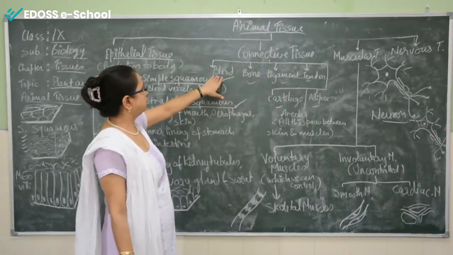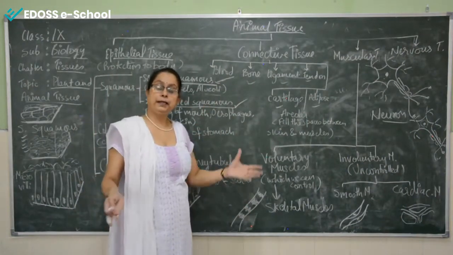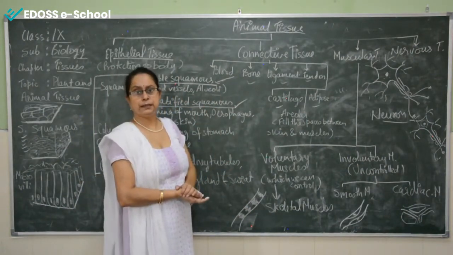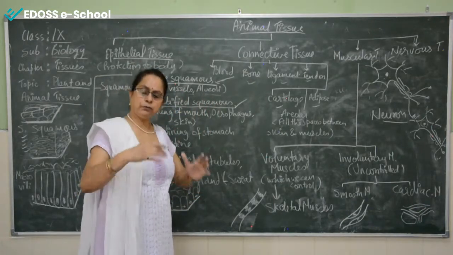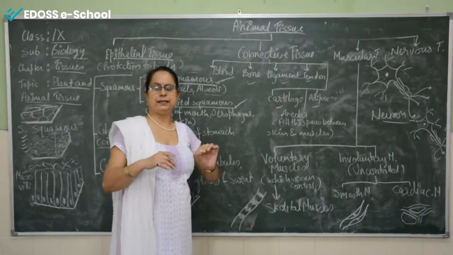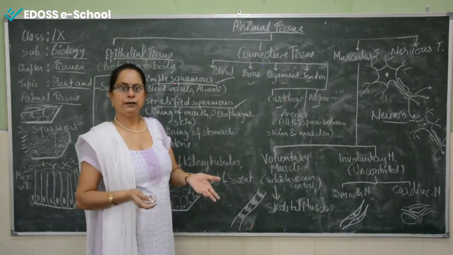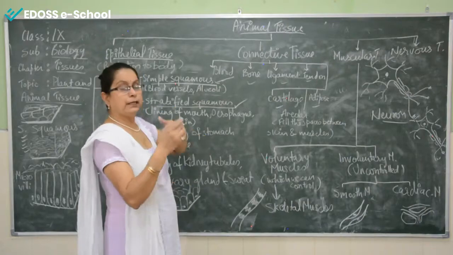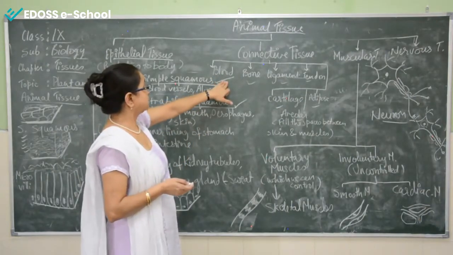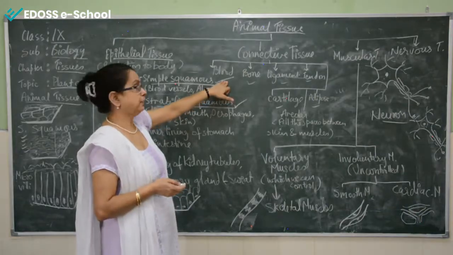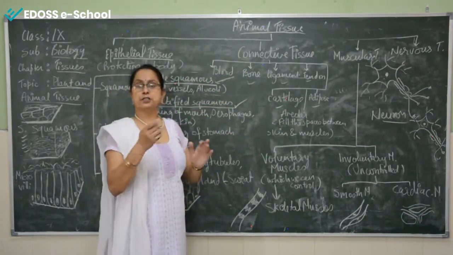Now if you are talking about blood, the blood connects the whole body. It is the main circulatory fluid present in our body. Right? Now how does the blood move? It moves throughout the body to each and every cell with the help of veins, capillaries and arteries. Now blood includes many things. Blood has plasma, colorless plasma, in which the RBC, WBC and the platelets are suspended.